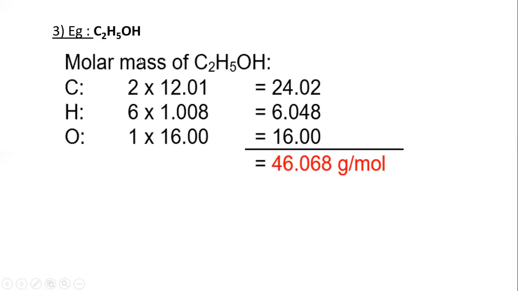C2H5OH. This is nothing but ethanol. Here C refers to carbon, H refers to hydrogen, and again oxygen, hydrogen. Now 2 carbon, that is C will have 2. This 2 is said to be the constituent atom, and here 5 is the constituent atom of hydrogen. Here carbon, 2 constituent atoms, so 2 into the atomic mass of carbon, which is 12. On multiplying this we will get 24.